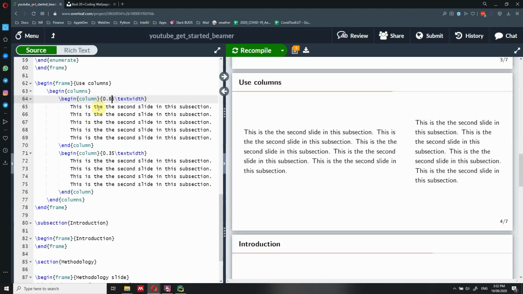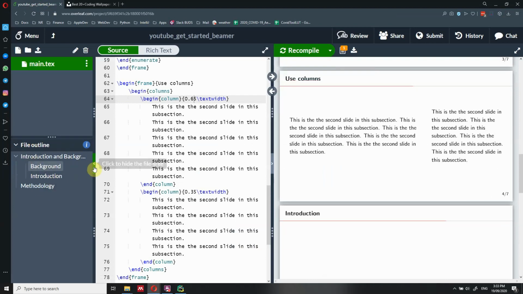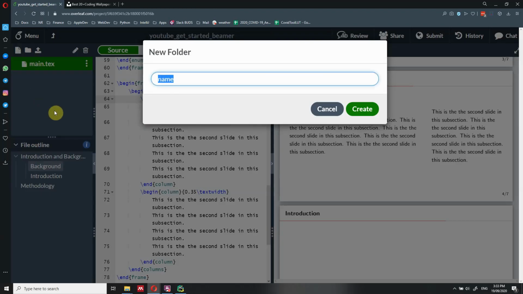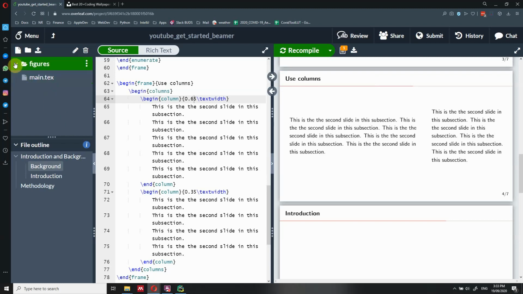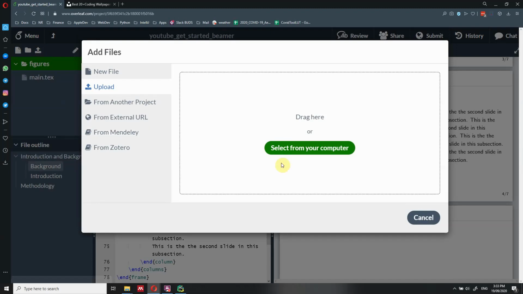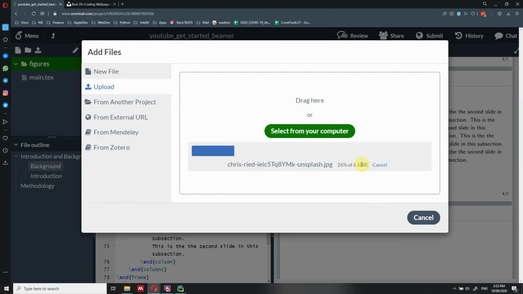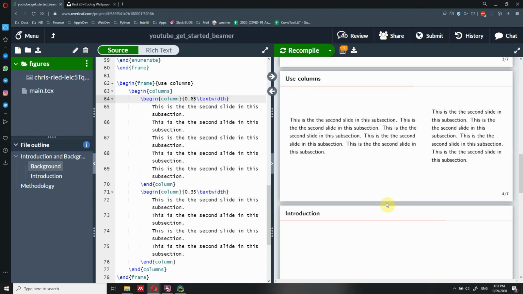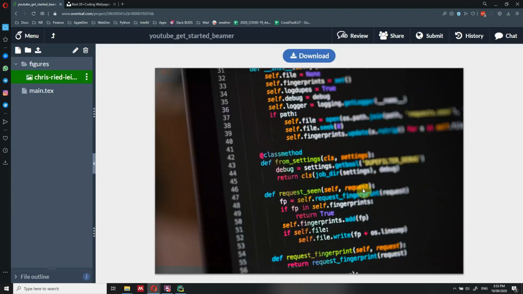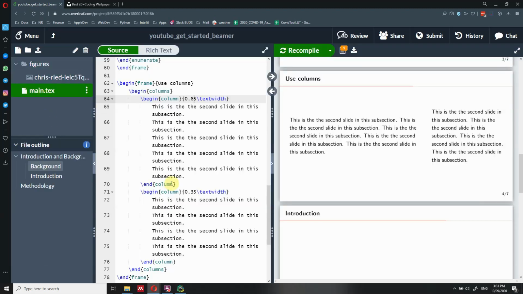So what we need to do right now is to go here and click to show the file tree on the side. If it was collapsed, just click on this button. We are going to create a new folder because I think it's nice to keep the figure in a new folder. So we type figures, and inside here we are going to upload a file, the file that we just downloaded. Let me open the download file here. So we upload the figure. Here we are. Now we can see the figure that we just uploaded.